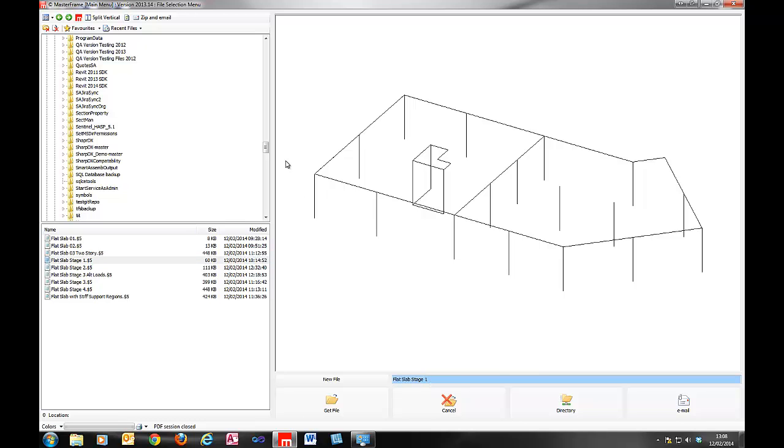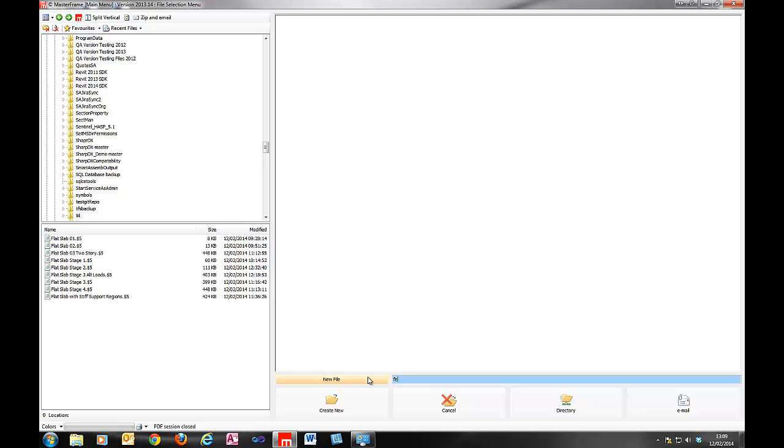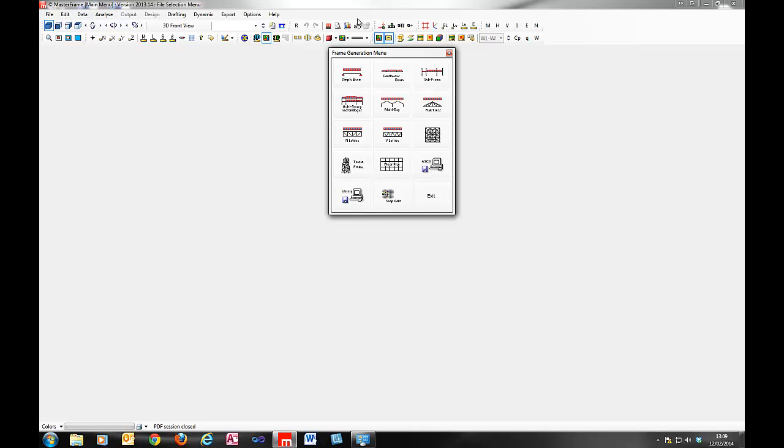There are many ways in which you can produce your initial geometry. So we've gone into MasterFrame here, and you can produce your initial geometry for modeling the finite element surface in many ways. You can import something from Revit. You can import something from DXF. Those obviously would get you up and running much more quickly. But here and today, we want to start off by modeling and creating this